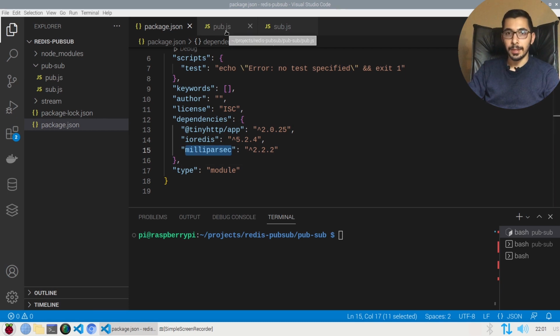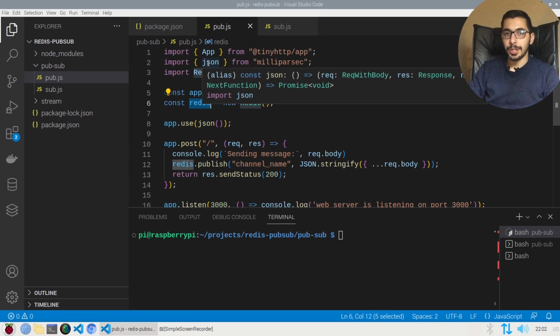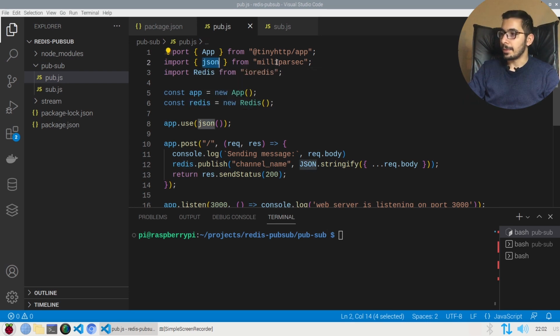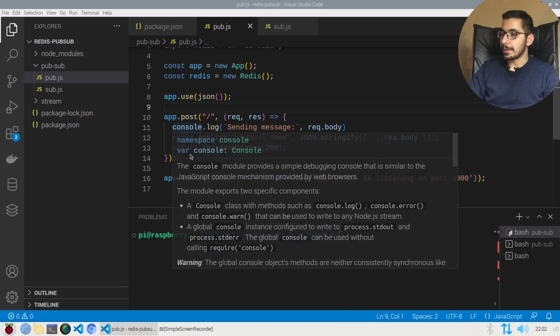The next file I have is the pub.js file. Inside this, I've created an app instance, which is imported from the tiny-http package, and next I've created the Redis instance from the Redis package. Then I've injected the json, which is imported from milliparsec, as a middleware to the app instance. The only route that this app is going to listen to is the slash,